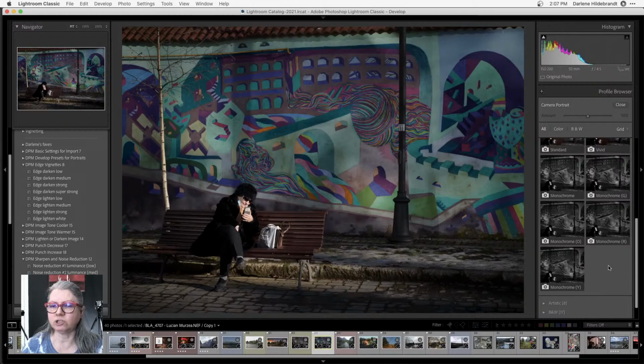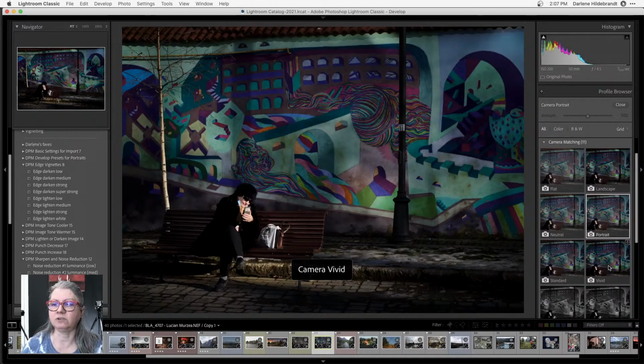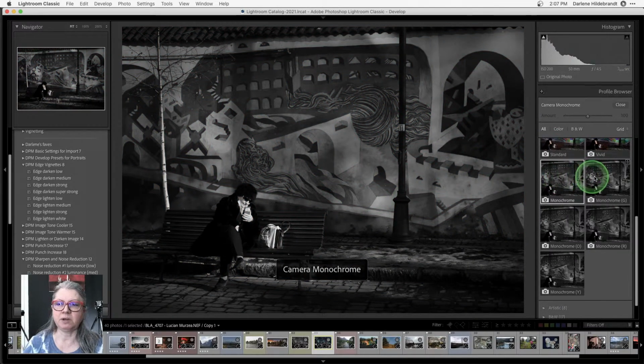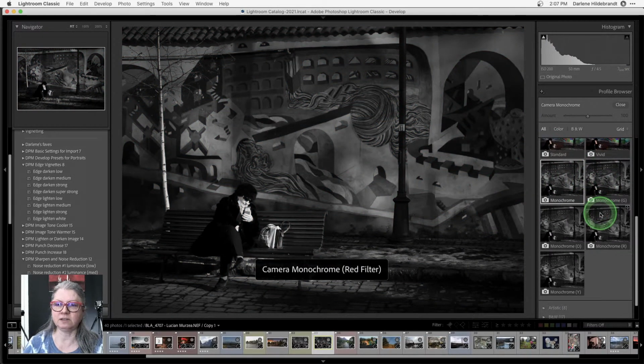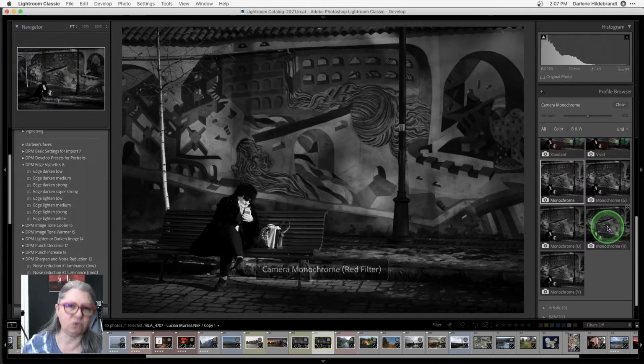I know with Fuji, I have different ones like Velvia and so on. If I wanted to punch up the colors, we could see what these do. But you can see that there's also a few different monochrome ones. Just by hovering over it, you can see that choosing the different ones, look at the tones in the mural, they're shifting, right?